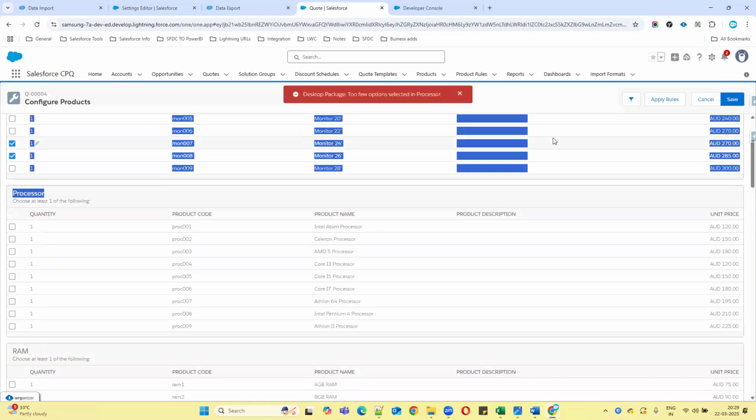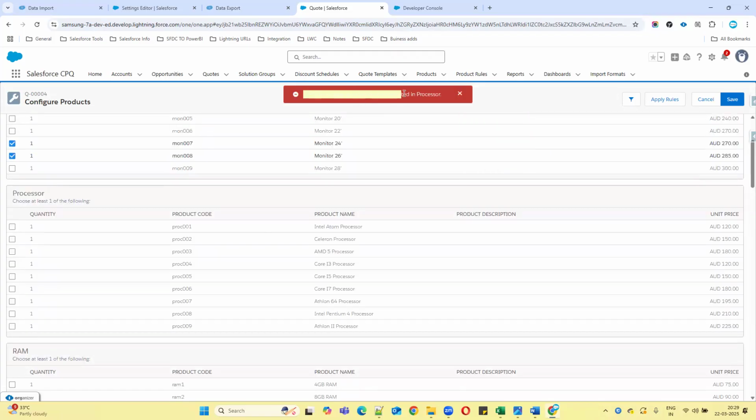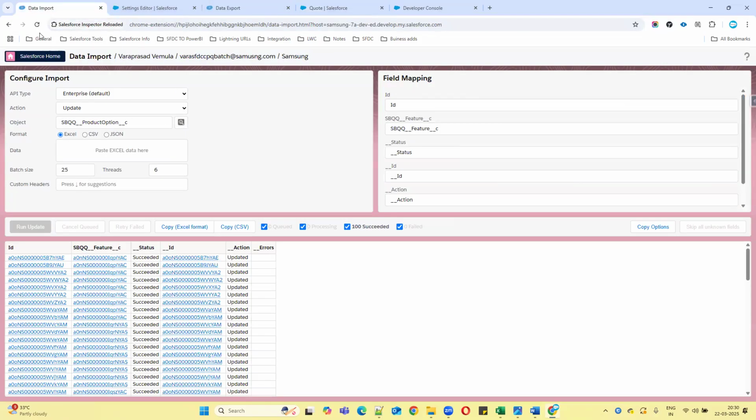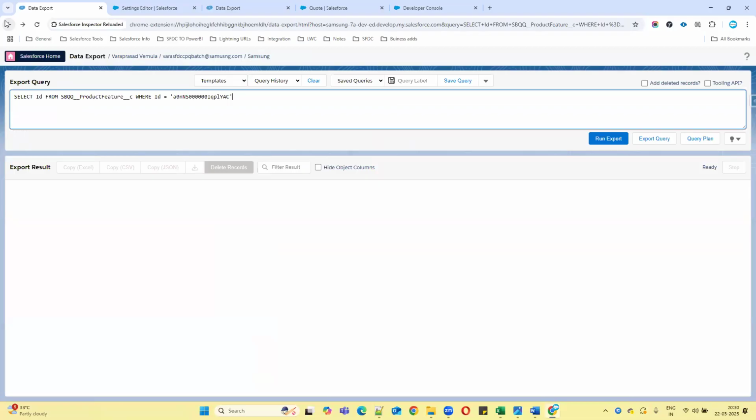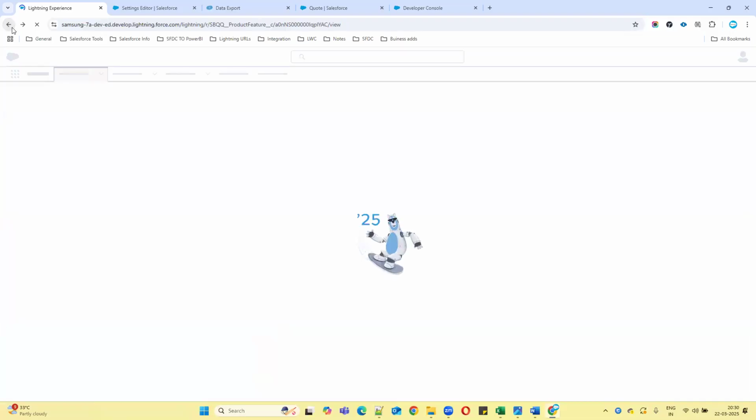Now you can see it. So what is the error message? Can someone read this? Desktop package, too few options selected in processor. So if you remember, when you are loading features, by default there is something called min options. If I go to the minimum one or something, what is the value we have selected there? 1. Yeah. If you go to all the features for the bundle,